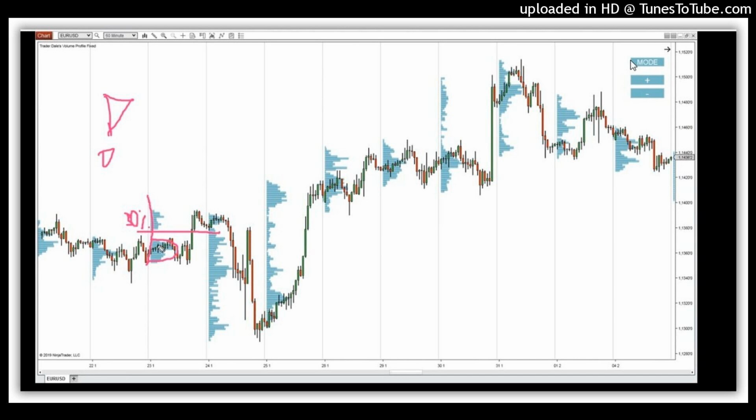Afterwards, there's a balance, D-shaped profile, and then there is a thin profile, or also sort of double distribution profile, but I would say that it's more like a thin profile, this one, because there is a trend behavior. After a trend, as usual, there's a rotation. So if after a trend you see a D-shaped profile like this, there'll likely be a rotation. So another D-shaped profile, and then there's a sign of buyers